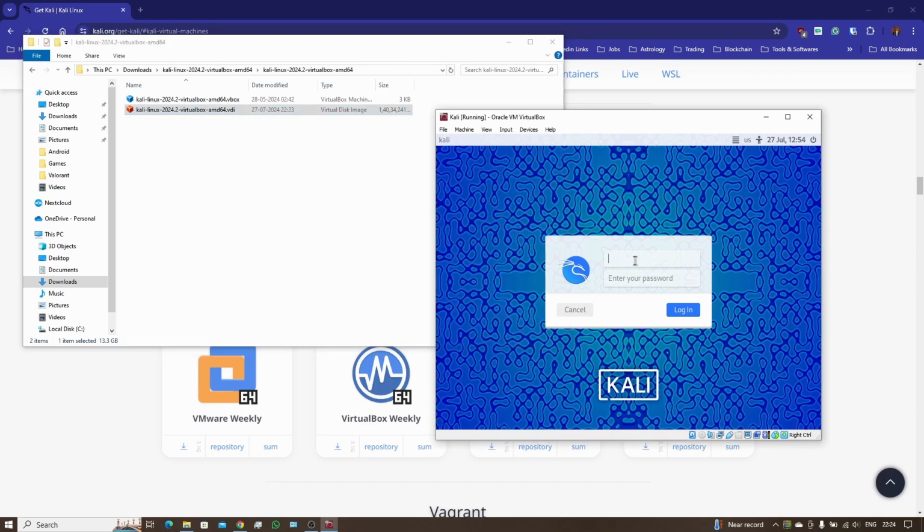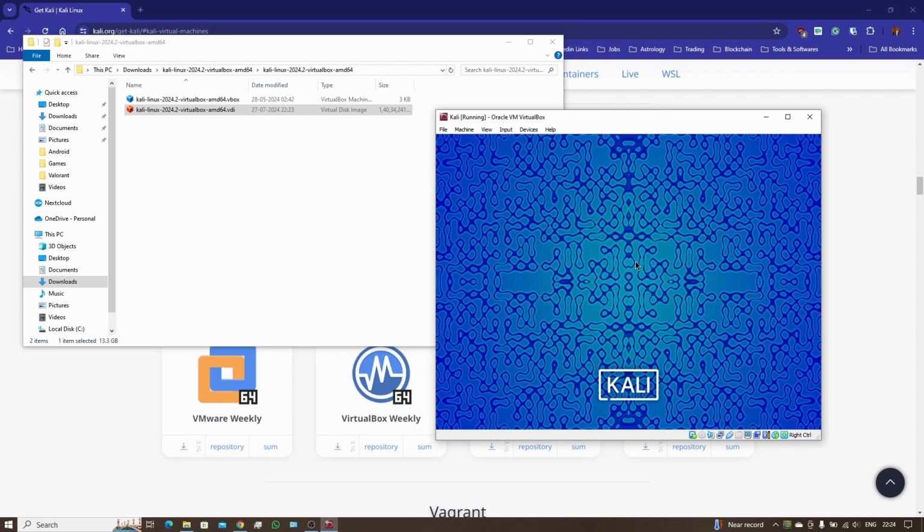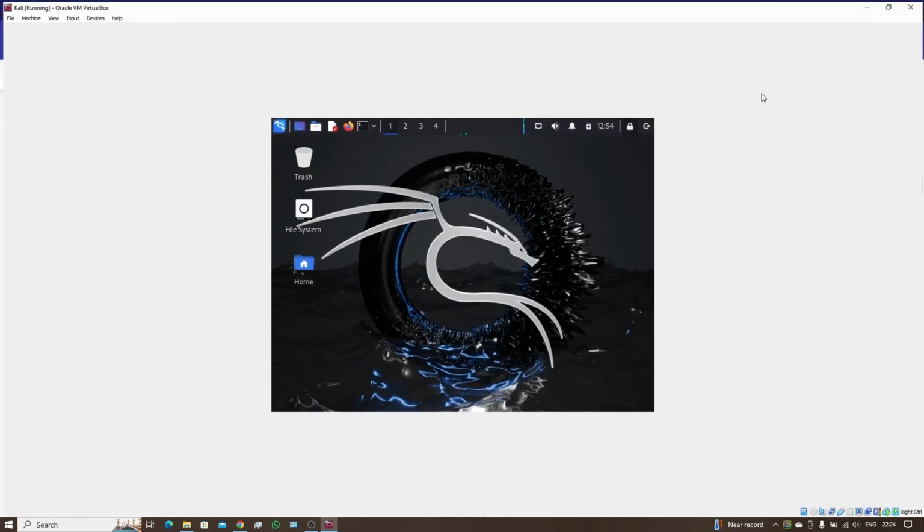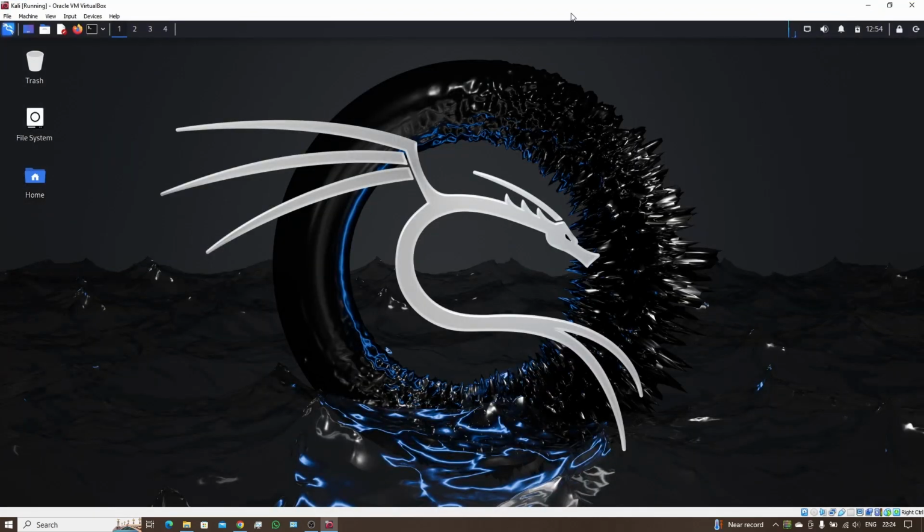Now for login, the default ones are Kali and then Kali. Password, username is same. You just click enter and you'll be logged in. Okay, now see, there